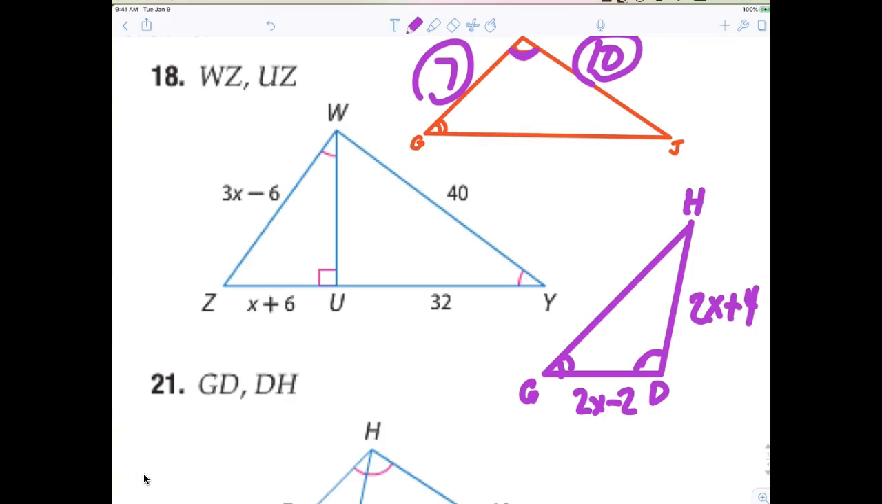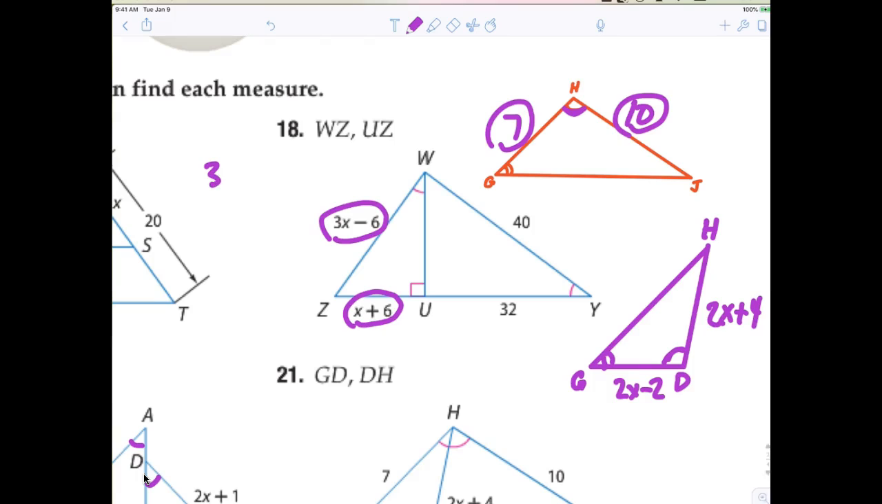Now, I almost thought you couldn't solve this one right away. Oh, yeah, it was you and I were doing it. So the x plus 6 and the 3x minus 6, I would just write that as the ratio. So 3x minus 6 over x plus 6. Now, again, the 3x minus 6 is the hypotenuse of this triangle, right? So I have to find the hypotenuse, which is what? 40. So the 3x minus 6 corresponds to the 40. Now, the x plus 6 is the,